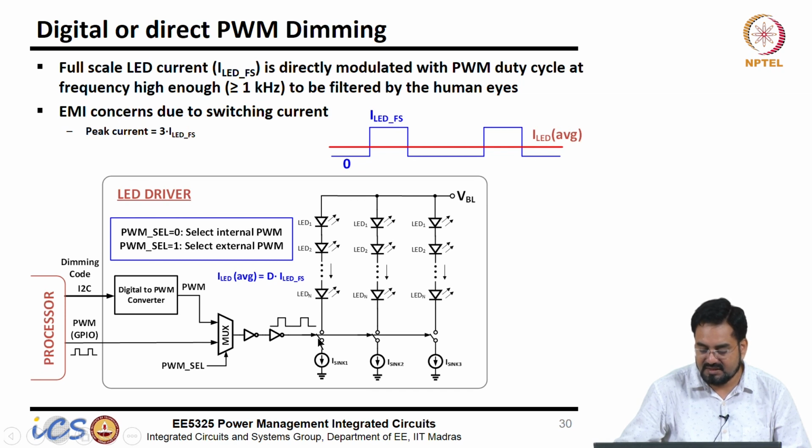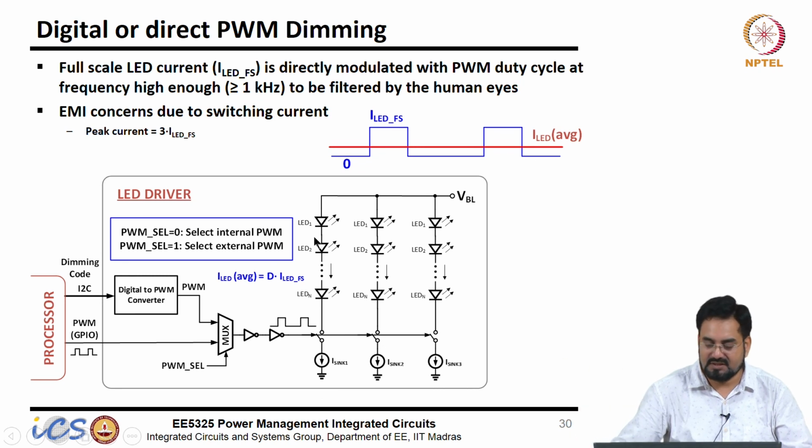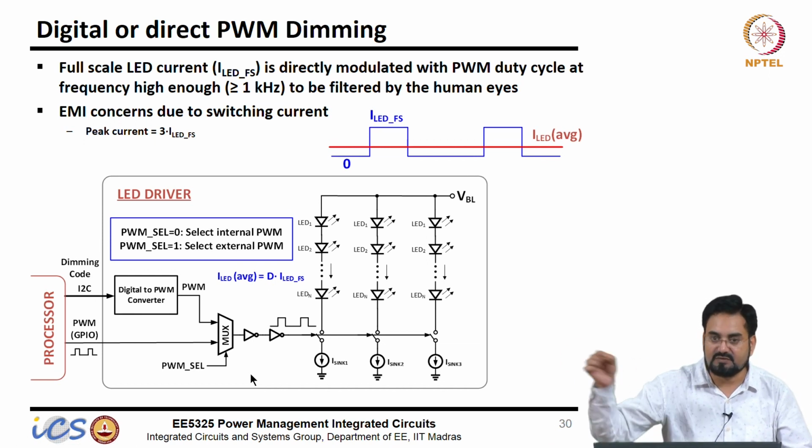So, let us say we are turning these 3 currents on and off simultaneously, so the current seen by the ground will be 3 times each current. Let us say 20 milliamp in each, they are having full brightness. So 60 milliamp current you are injecting in the LEDs and taking out through this ground, and these LEDs most of the time are connected through a flex cable. They are on a separate board, they are part of your display, and this current driver may be sitting on your PMIC, which most of the time is outside the display. So they are connected through flex cable.